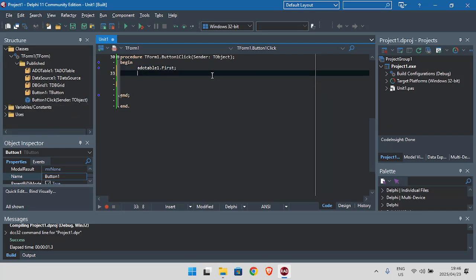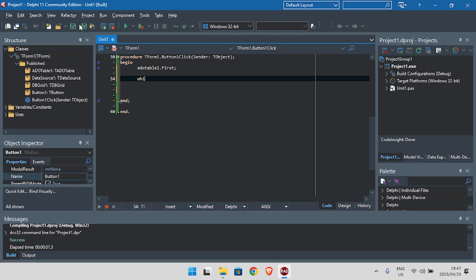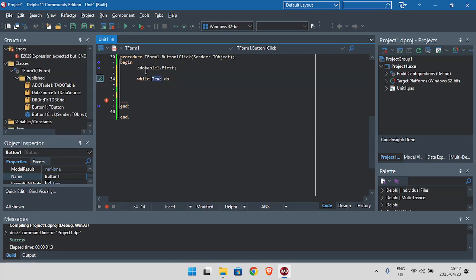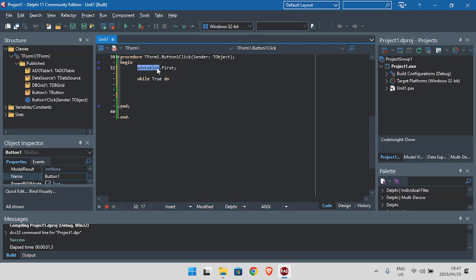First I'm going to start off by going to the first record in the added table. And I want to change all the rock music to pop. So I'm going to start with the first record. I'm going to go through the whole table, check whether it's rock. If it's rock, then I'm going to change it to pop, and then I'm going to go to the next record, regardless whether it was a rock record or not. We still need to go to the next record.